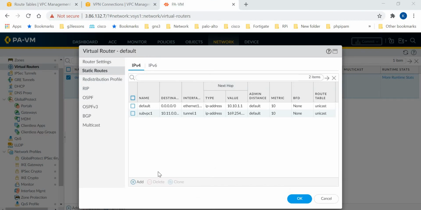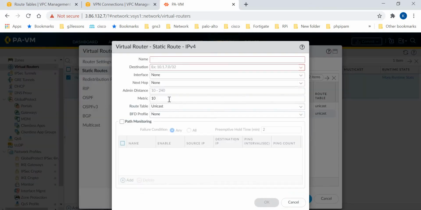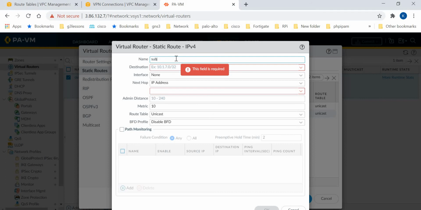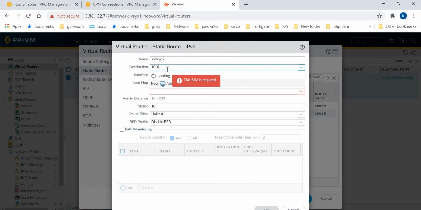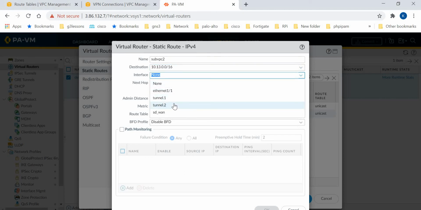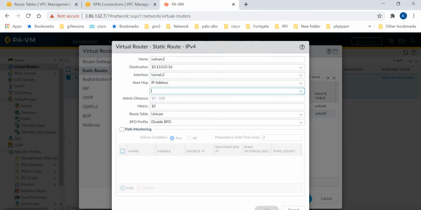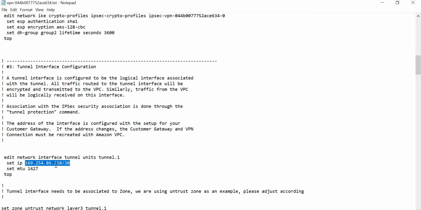It's not working because we forgot to make a static route for the subnet 10.13.0.0 on the PAN firewall. We will make a route for that. We'll name it subscriber VPC2. The destination would be 10.13.0.0/16, and the interface would be the tunnel interface, tunnel 2. The IP address would be, let's see, 86.209.